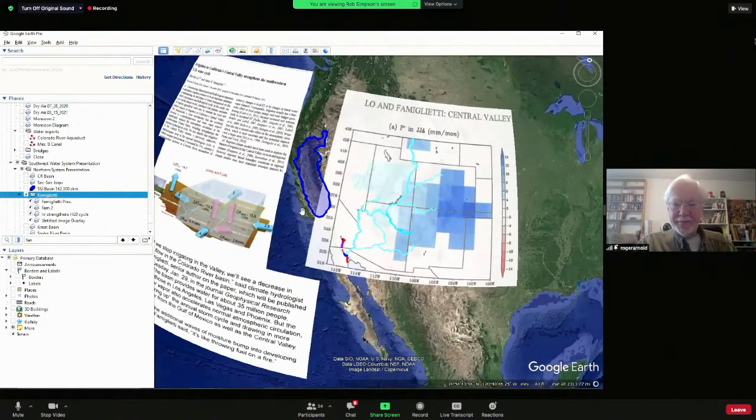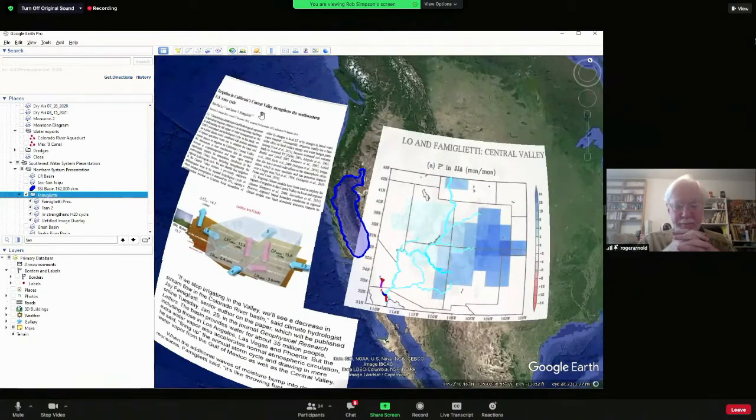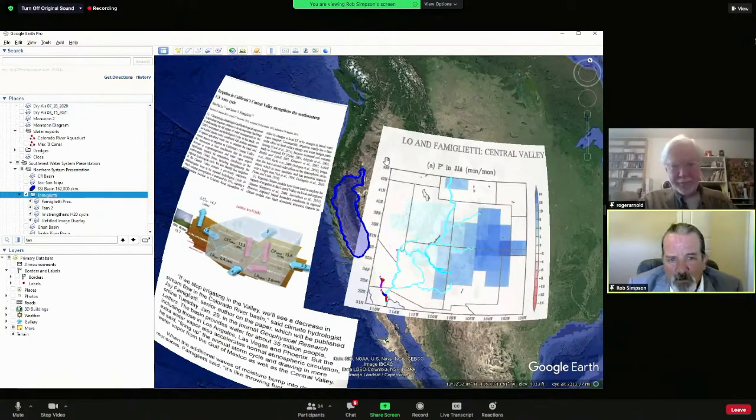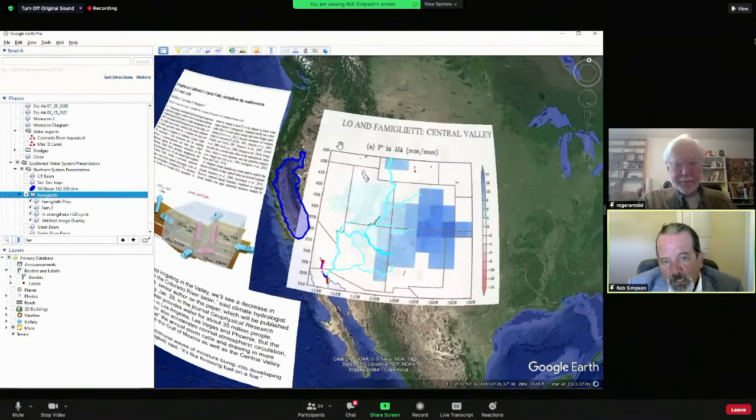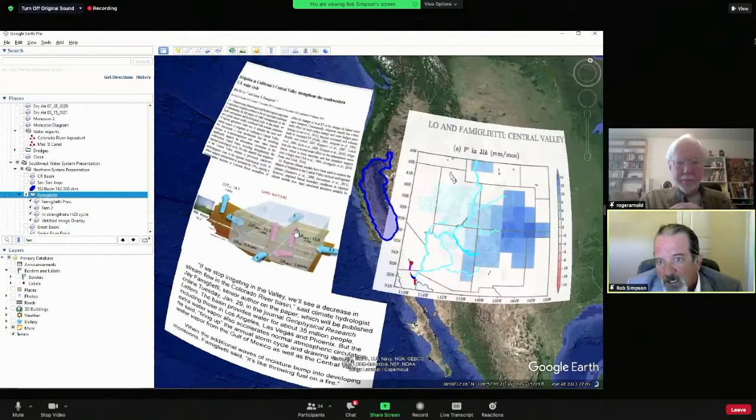Yeah, I just put this up on the screen. This is a result, or images from a study conducted by Dr. Funiglietti and Lowe about 2010-11. They used a global climate model to produce this. We really need to get something a bit more high resolution, but he did talk about the recycling of